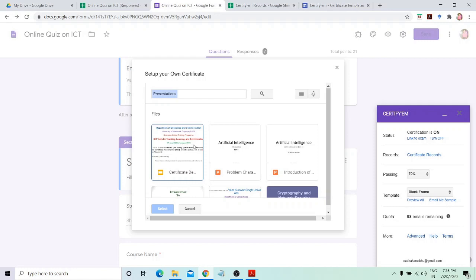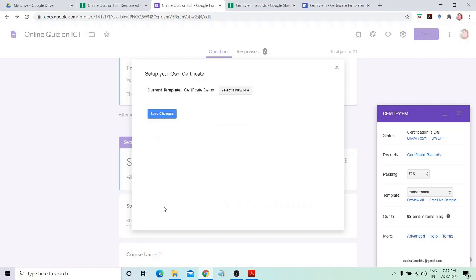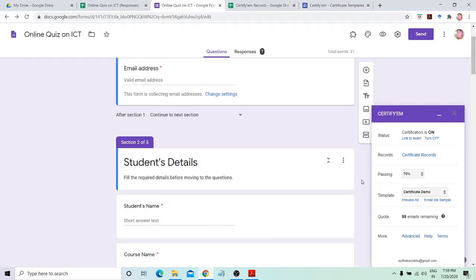So first go to Google slide and design some certificate, and from here all the slides will be available here in your Google slide, and you can choose the particular slide designed for certificate. Select it and save changes. So in this way your customized certificate will be selected here.